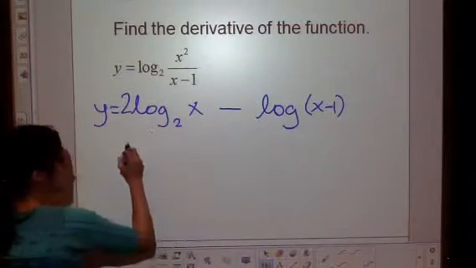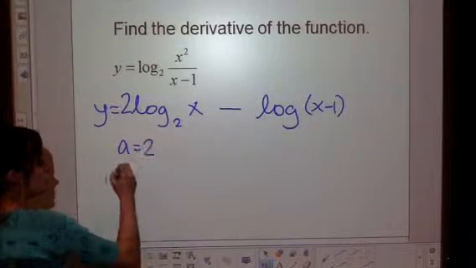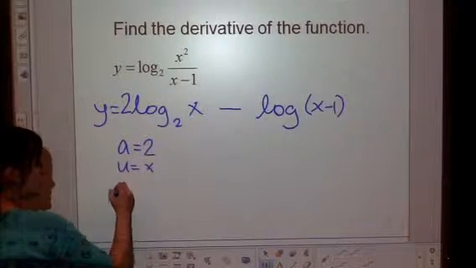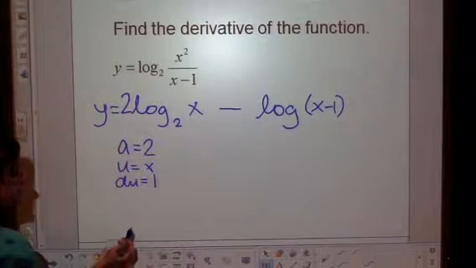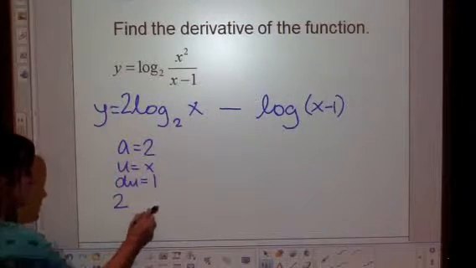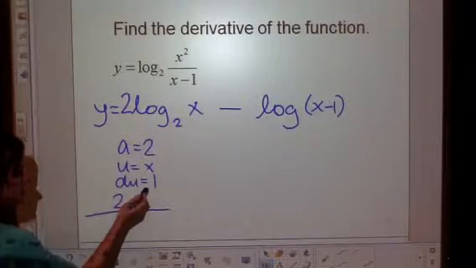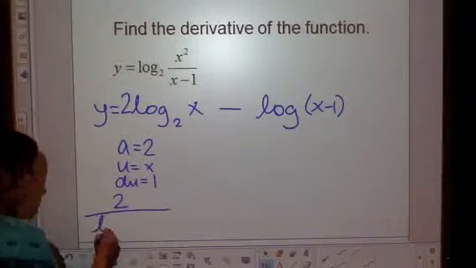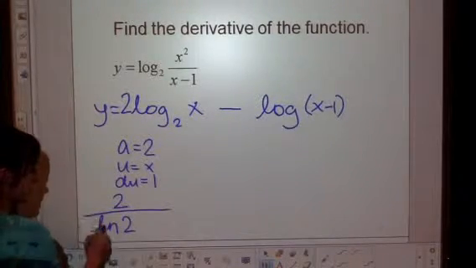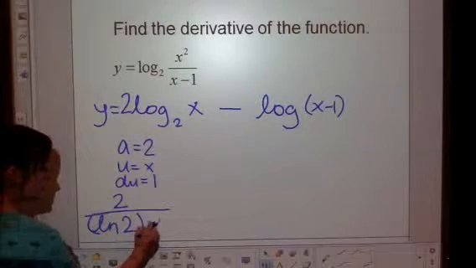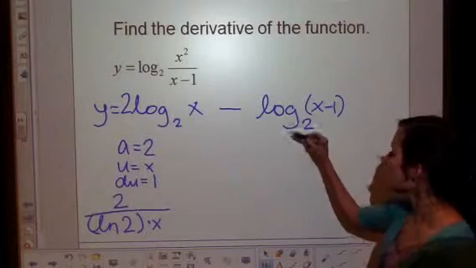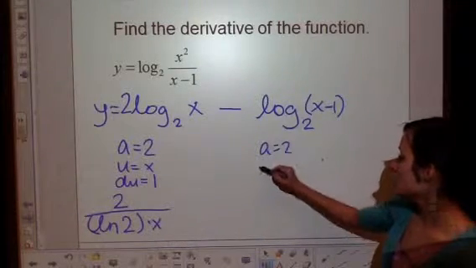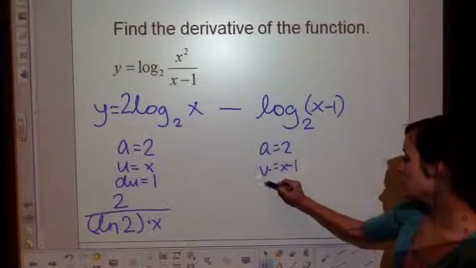So for this first one, a is 2, u is x, du is 1. So this 2 just kind of follows down. So we got 2 times on top our du, which was 1. On bottom we got ln a times u, which was x. And you're done. For this one, we have a is 2, u this time is x minus 1, and du